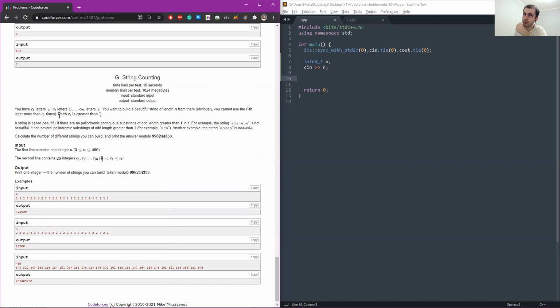Because here we have some string, some letters, and we are given the frequencies of these letters, and we want to construct some good strings from them. And then we just want to compute the answer for this model. So the point is that you have that very unusual constraint that HCI is greater than n over 3. And I am thinking that there is not really a way you can use it besides the following idea of mine.